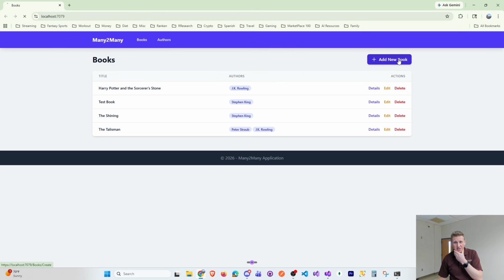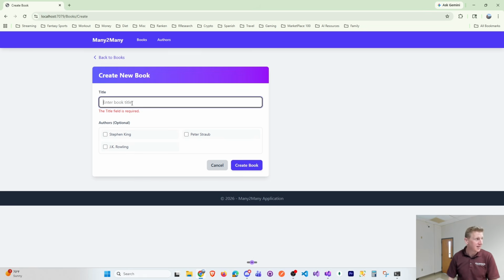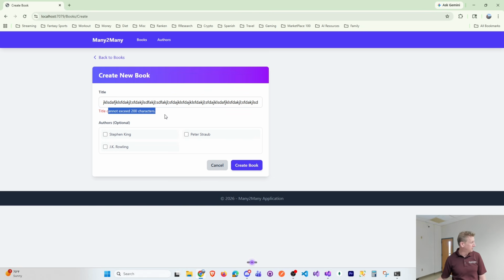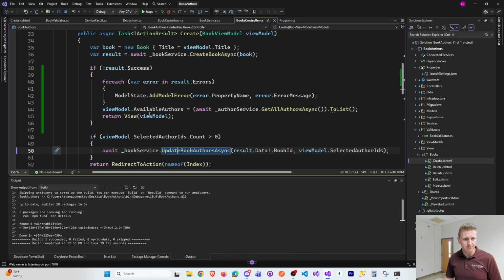Back to my validation, let's go to add a book and see if we create a book. There you get the message, title is required. Again, the actual working example is not impressive, but we are implementing all these additional layers that make everything very modular and testable, and kind of an ideal architecture. And Lord knows if I copy and paste that a bunch of times, you cannot exceed 200 characters. Okay, so on the controller,